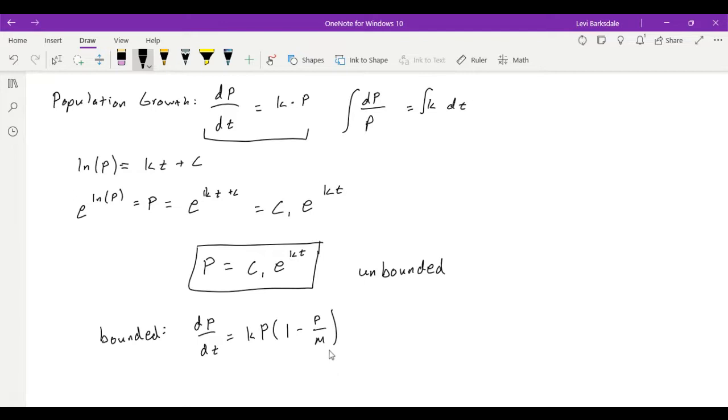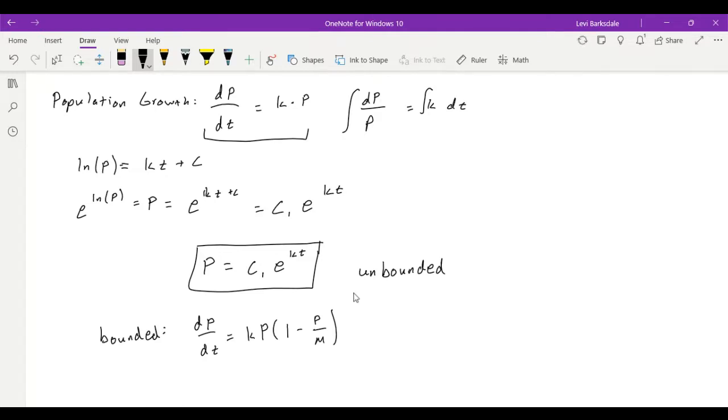The number M is often called the carrying capacity or the maximum population, because as soon as P is equal to M, well then P over M is equal to 1, so 1 minus P over M is 0, and our dP over dt, or rate of population change, is 0 as well. Now the solution to this one is a bit more difficult, so I'm not going to go in depth,